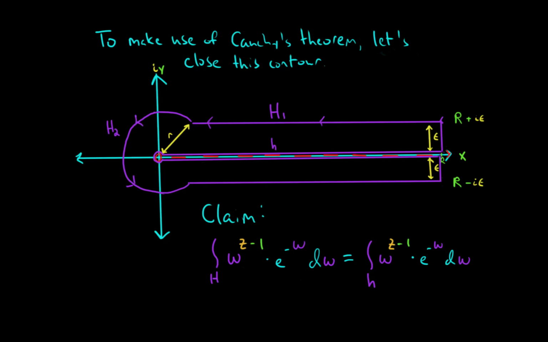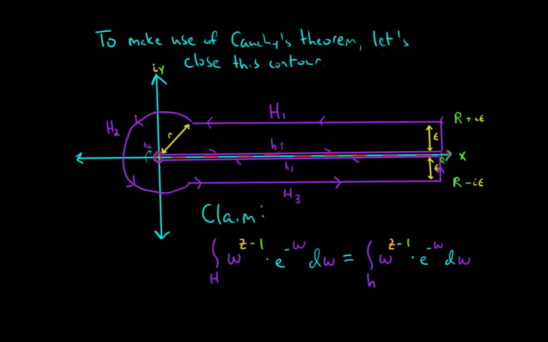And then once I get to the bottom limb, capital H3, I'm going to head back out towards capital R minus i epsilon. We'll then move up along this vertical segment that connects us to the limit contour, and now I'm going to travel along the lower limb of this limit contour, which I'll label lowercase h sub 3. But note that we're traveling along this piece of the contour in the opposite direction that we were traveling before. We're also going to circle the origin along lowercase h2 in the opposite direction